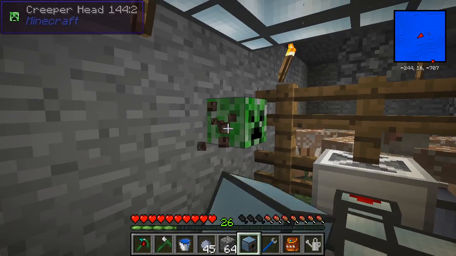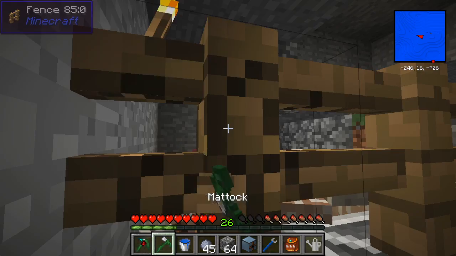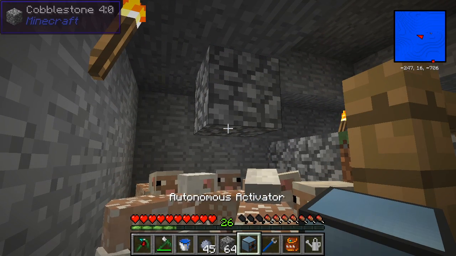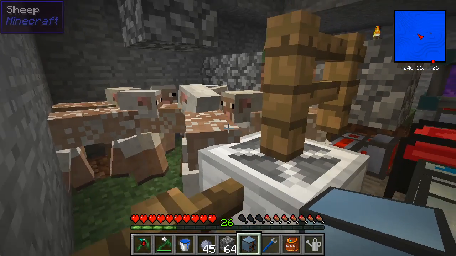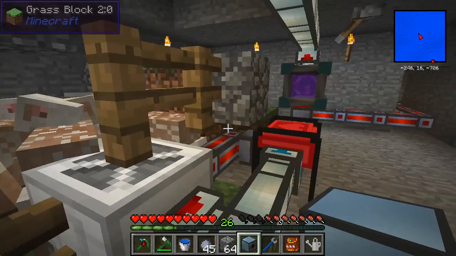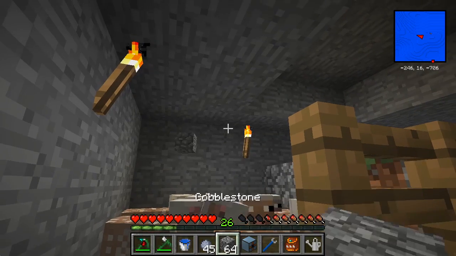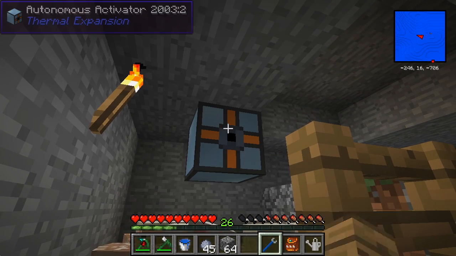And M-Dog came by and plopped this creeper head over here. I asked him why he killed my cousin Fred, but he didn't answer me. Oh, that doesn't want to work right there. I guess that's true. Sheep are taller than that, huh? If I put this up one higher, I should...